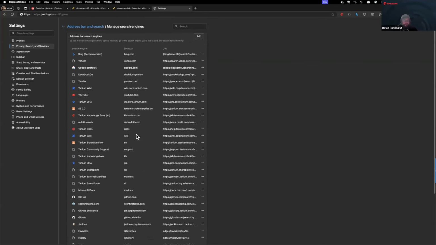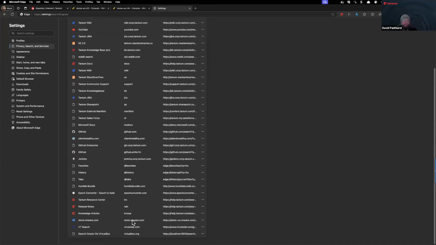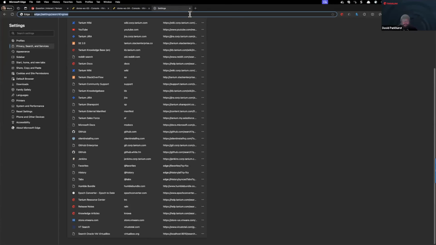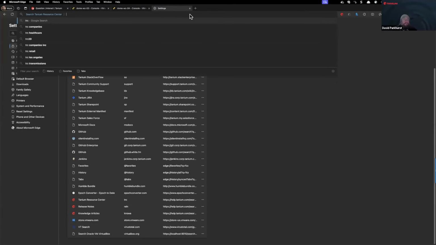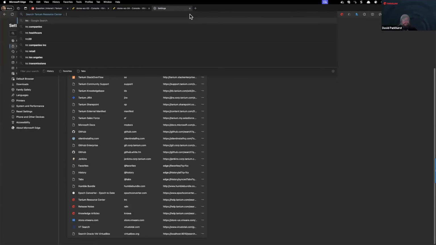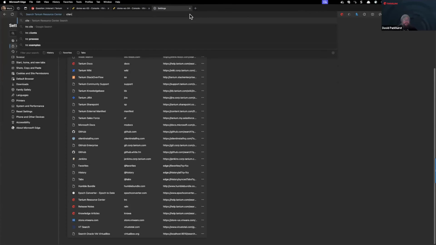But for example, I have the Tanium Resource Center here. I'm just going to go ahead and click Edit. Now you can do this too. I just call it Tanium Resource Center, and I specify a shortcut, and then I have a URL for it to search. Now, I'll just save this, and then when I want to search the Tanium Resource Center, let me do that again in case you missed it, TRC, and then tab,